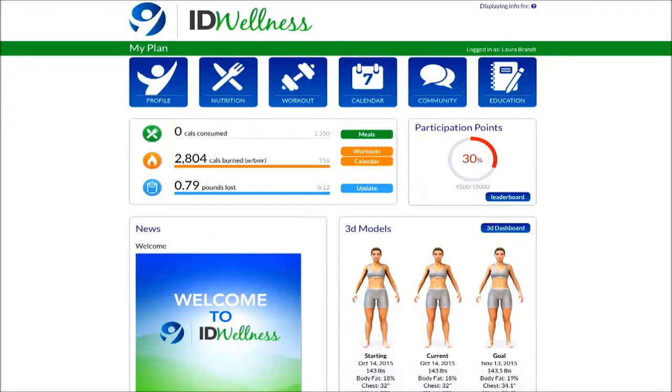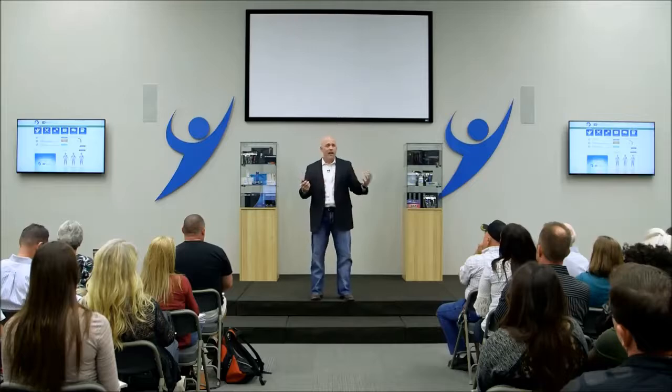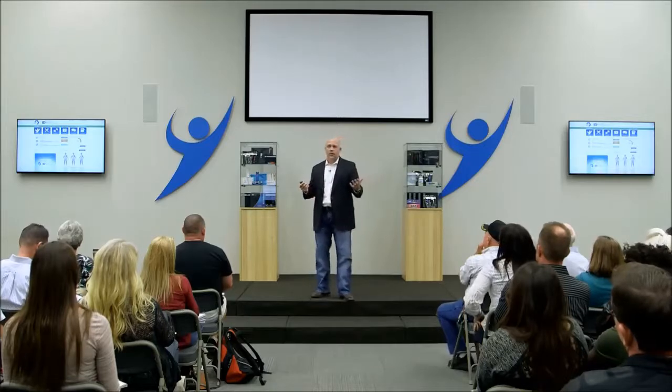But on top of that, it also gives them 3D anamorphic images of currently where they are. It allows you, if you have a biometric system in place for gauging the biometrics, to actually embed that into the system. It then gives them a complete nutrition program, a complete fitness program. And while all of this is going on, in the background, it's aggregating all of that data for you. Because see, as the employer, what you're getting is a free aggregation of data. You don't have to pay extra for it because it belongs to you as being part of the premium program,